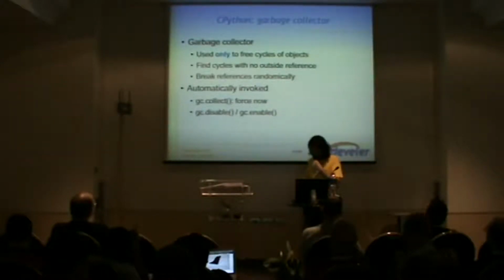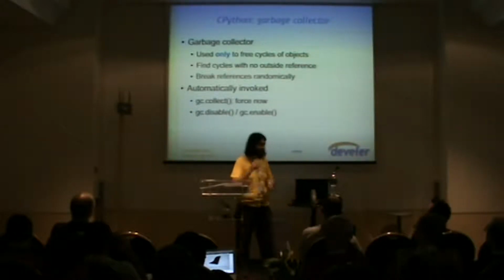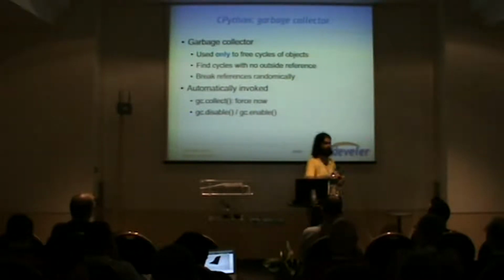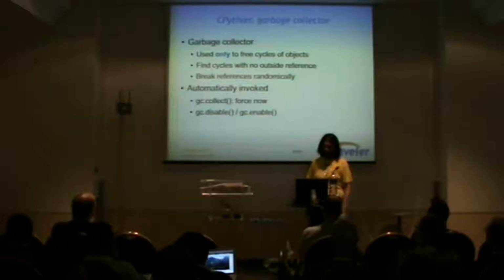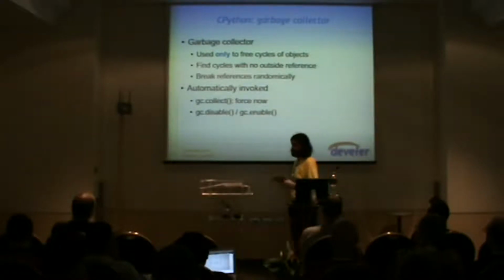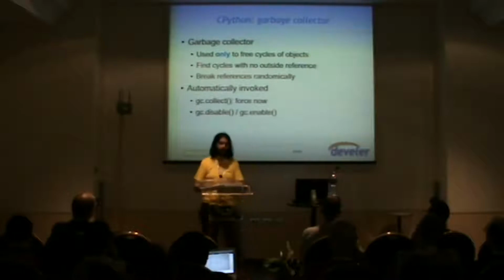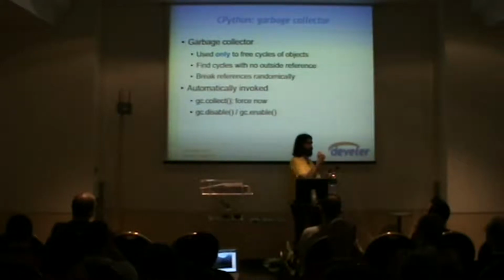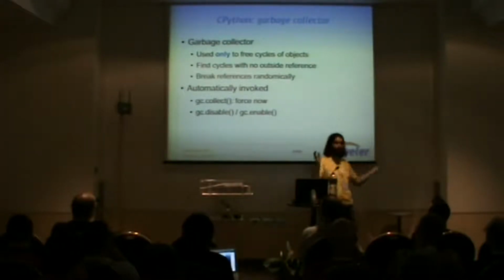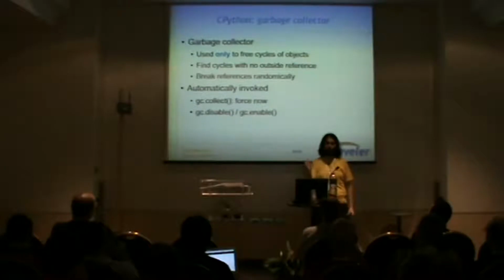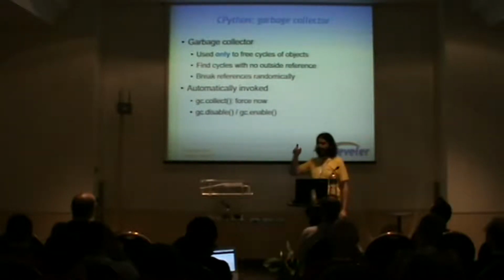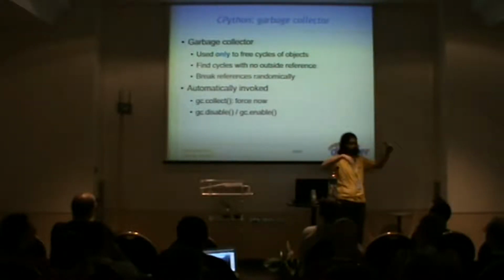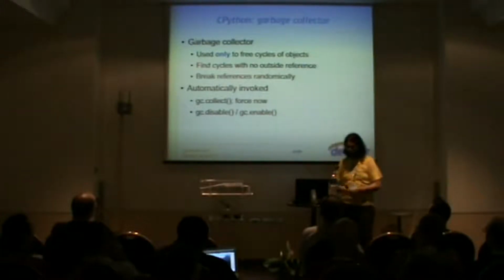To collect this kind of cycle, it basically breaks references at random, trying to get the counters to go to 0 so that the objects can be destroyed. This is the way the garbage collector works. There are 2 phases. The first phase is finding the cycles. Let's say it found a cycle. It will just get a random object, get a random reference, and break it. So it's something like a random statement like del a.point.x. It will do something like that, and then hope that the references go down one at a time, and then all objects go away.